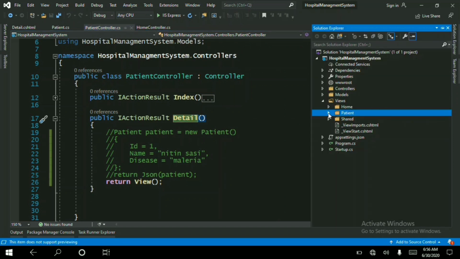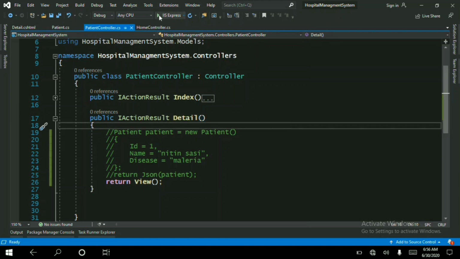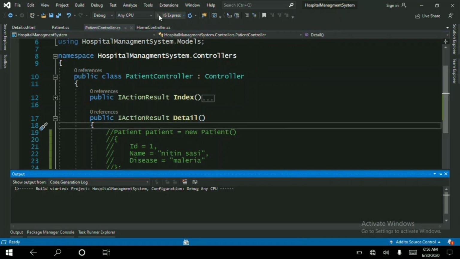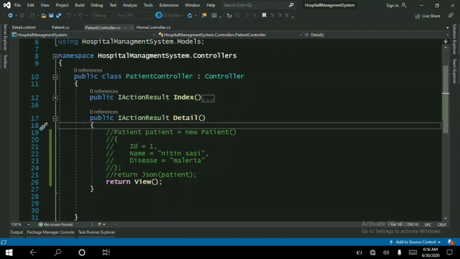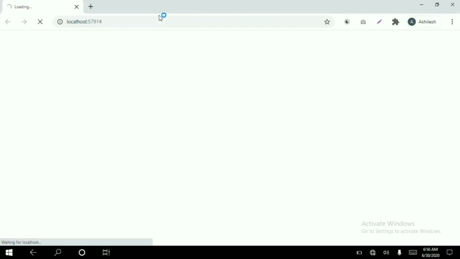So if I expand Patient, I will find Details.cshtml. In this way it will find the correct file at the correct location. So let us execute our project and check whether we are getting our desired result or not.